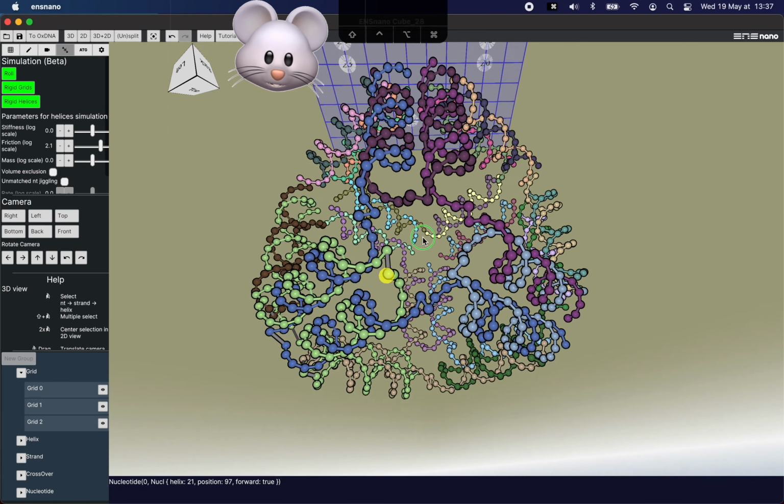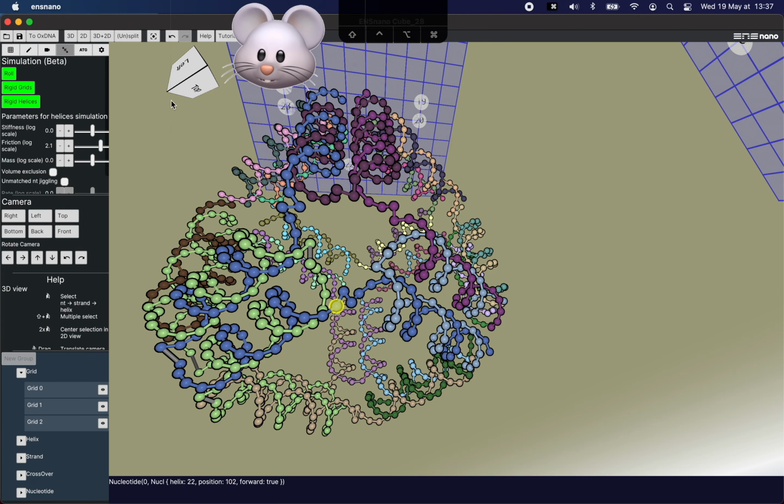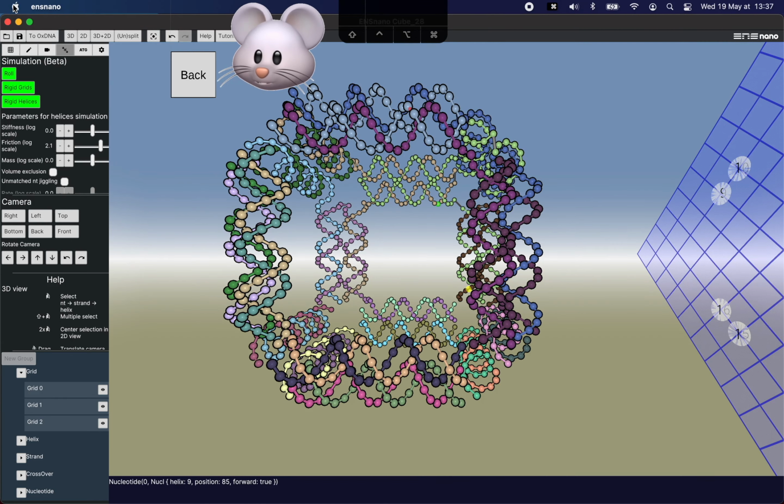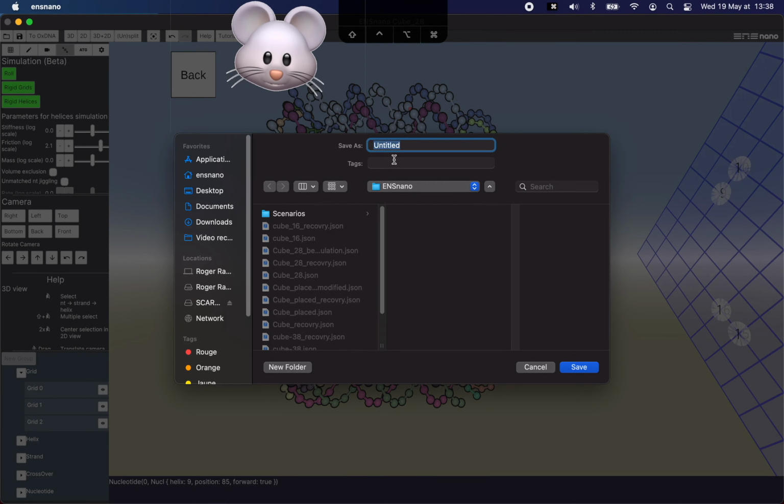connecting stuff using the geometry in ENS Nano, which consists in using the 2D view and getting the 2D view organized. So in order to do so, we'll proceed as follows. We'll organize the 3D view. So first I will save the cube. So let's position the cube so that we can have a clear look at the numbers of the LECs.